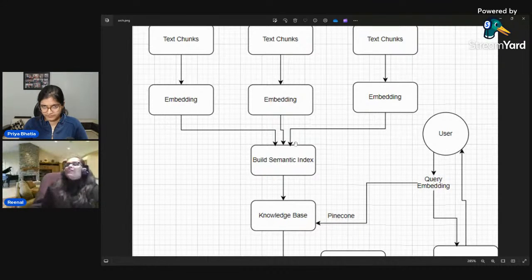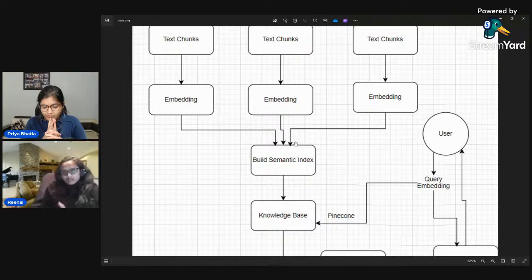What is a semantic index? It's like a clustering with common attributes, or common parameters. For example, male and female, or human beings, belong to one cluster or one index. Animals belong to another index. So it's a kind of semantic index I created.